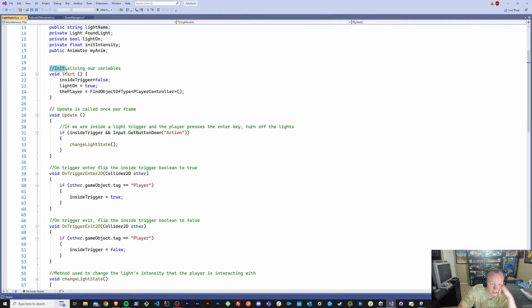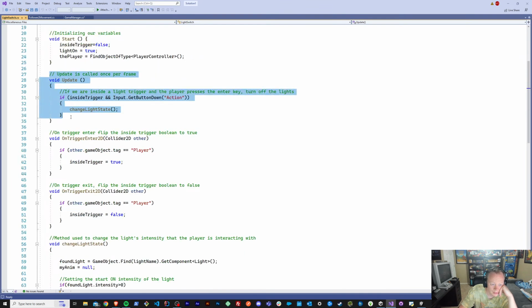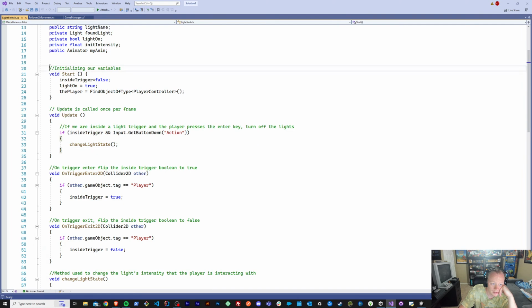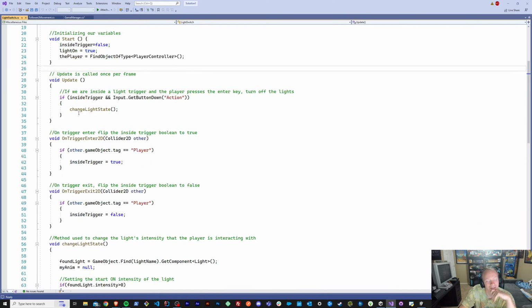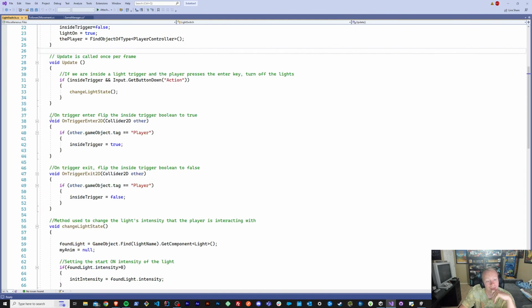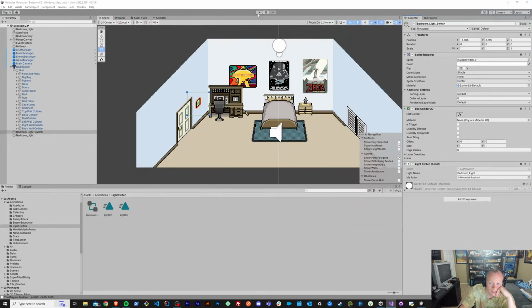Start is kind of like on render in Lightning Web Component world, and where actually update is like that, and then this is like, I'm forgetting the other life cycle hook that I'm forgetting the name of for some reason right now. Then there are these other methods, on trigger enter. So this is essentially when you're entering this 2D collider, and the game object is named player that's entering it, which if we start the scene up,